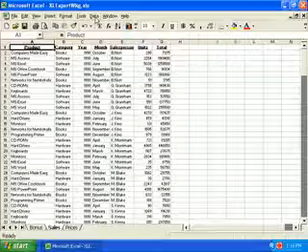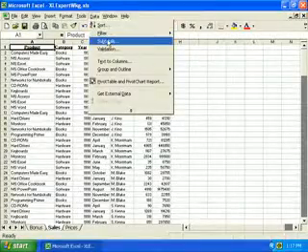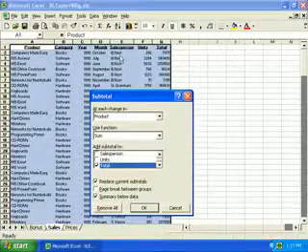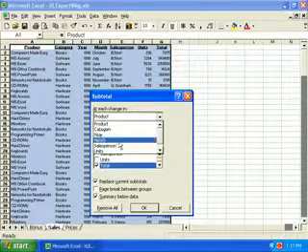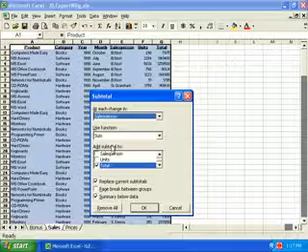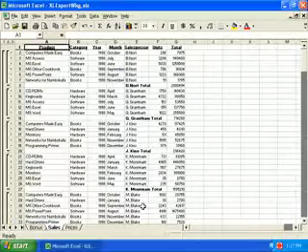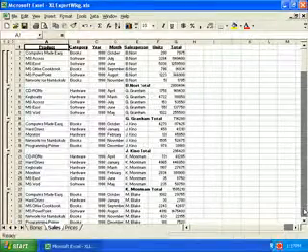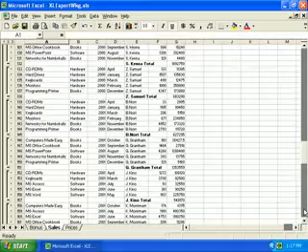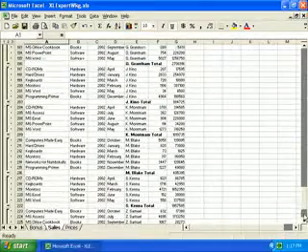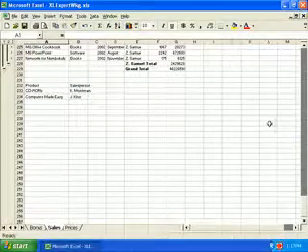And now let's go to the Data menu and Subtotals, and let's select salesperson at each change in list, and we'll leave the others at the default and click OK. And now scroll down to the bottom to row 227,